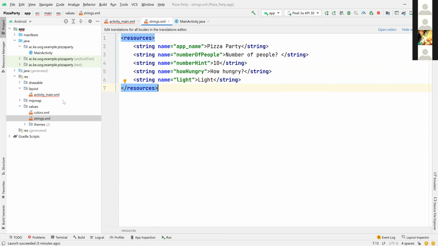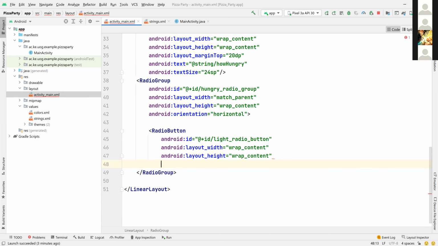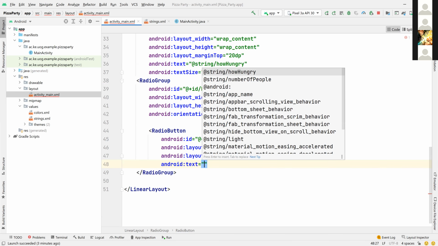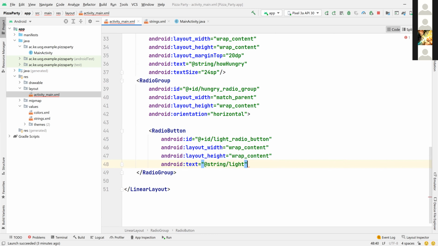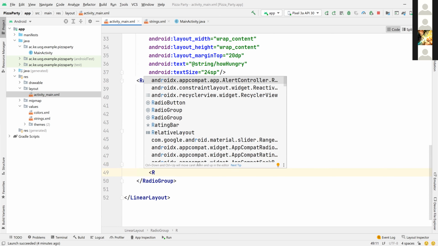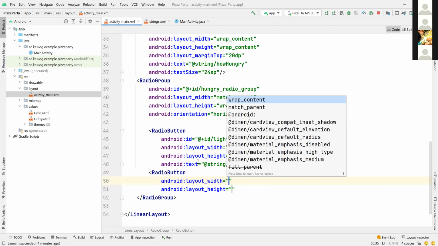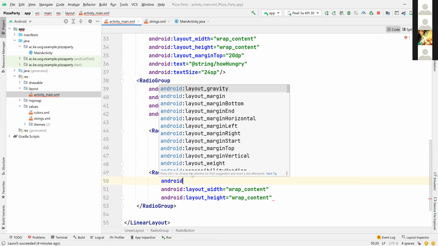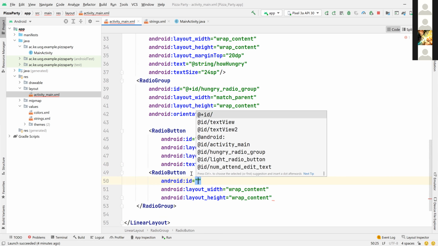Now use that in the activity. So here, android:text should be right. Close that. Close the first radio button. Next, we add another radio button. Wrap content. The ID for this one, call it plus @id,